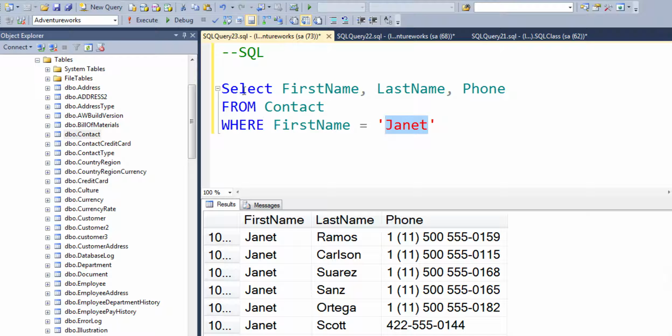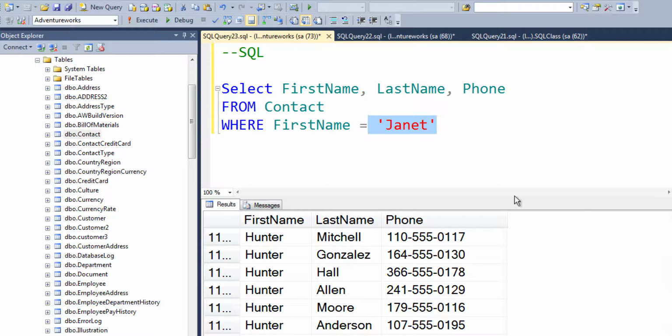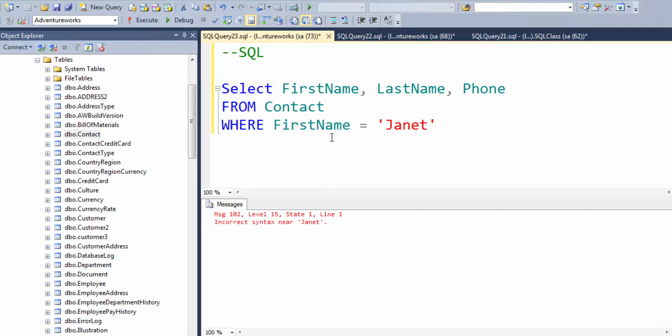So here I'm looking for select first name, last name, phone number from contact table where first name is only Janet. So all those people who have the name Janet in the first name will show up, and all the filtered data, the people who do not have the name Janet, will go away. So I might have made an error here, and to correct this, obviously I need to do